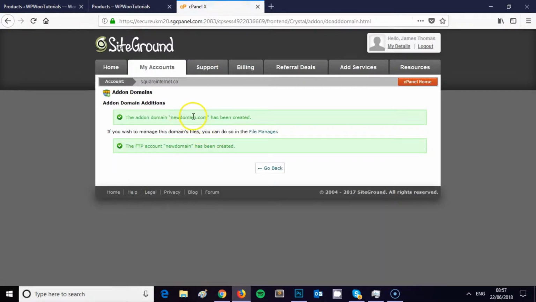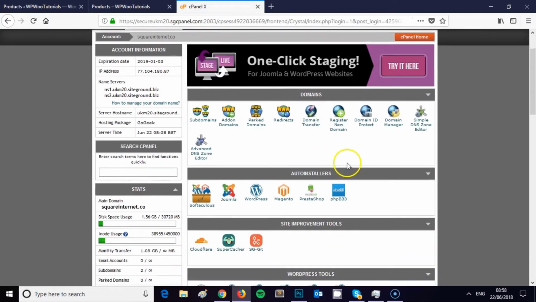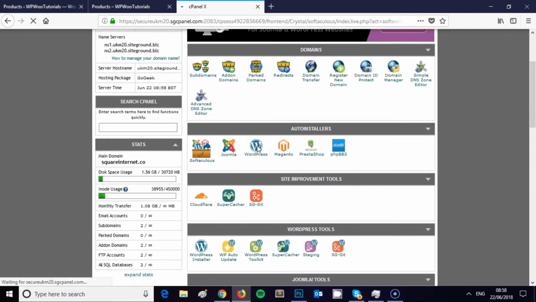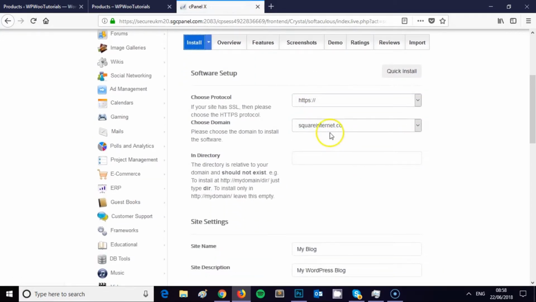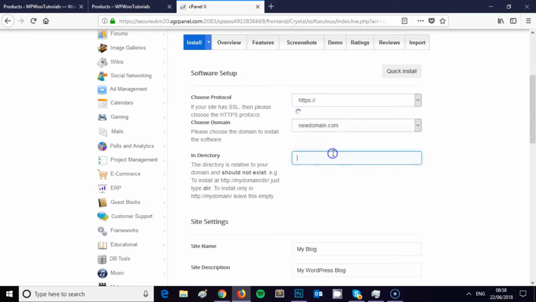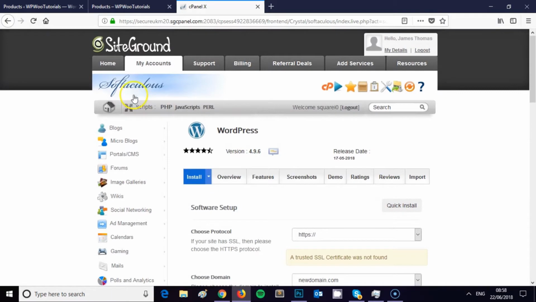So the new add-on domain has been created. It's been added to my account. So now if I go back to my CPanel, I would now be able to install WordPress to the add-on domain. So I'll just select my newdomain.com and I would install WordPress as I would any other website, and it will